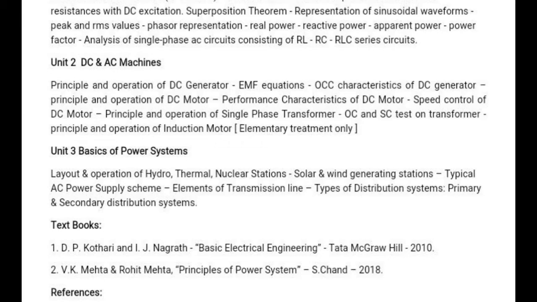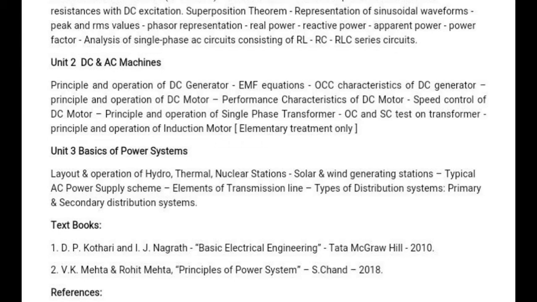After that, the motor, which converts electrical energy into mechanical energy. What is the principle of a DC motor? F = BIL sin theta, that is the formula of the force developed by the motor. The principle is, whenever a current carrying conductor is placed in a magnetic field, it experiences a mechanical force. Then the performance characteristics of a DC motor.